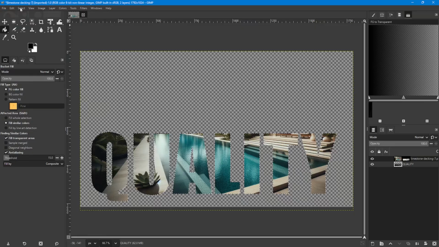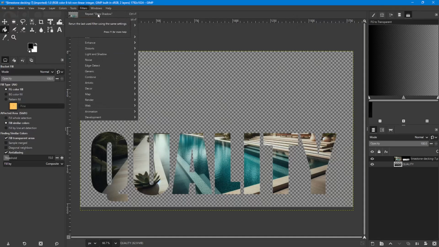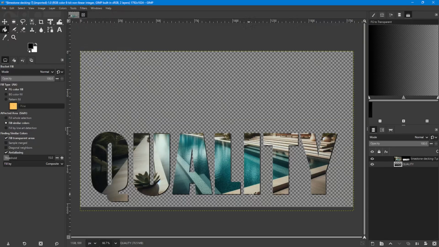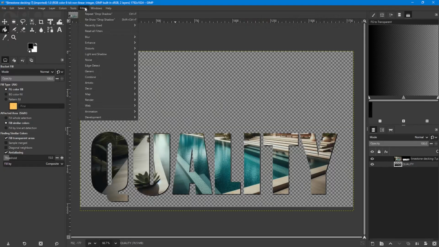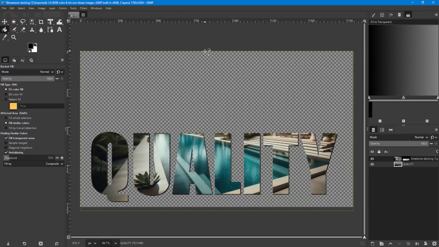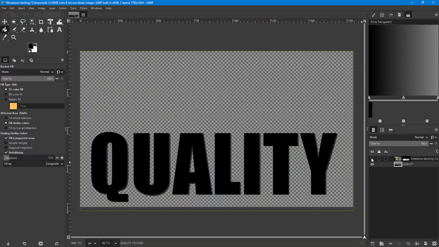So I'm going to come up here to Select, and I'm going to click None. The hotkey for that, by the way, is Control Shift A, and it will do the same thing. So now I should be able to run the drop shadow, which we did a little bit ago, so I know it's already loaded on that text underneath. So we ran a drop shadow on the black text. You could do that, and it works the same way as when you're doing it directly on the layer. Or another way to do it is, and this is the way I used to do it a long time ago when I was first starting,